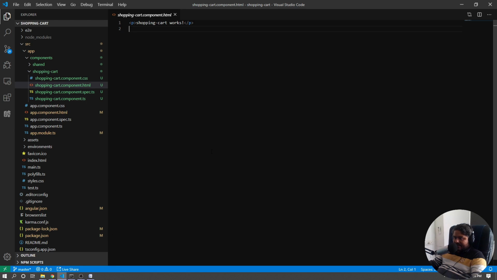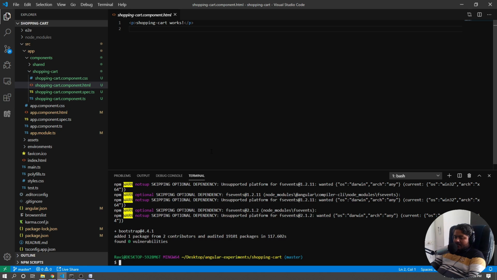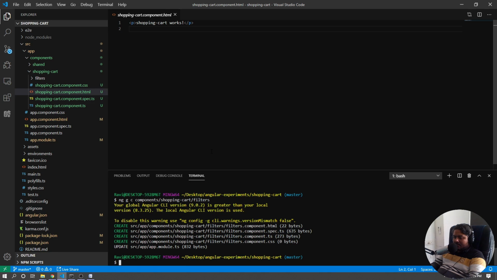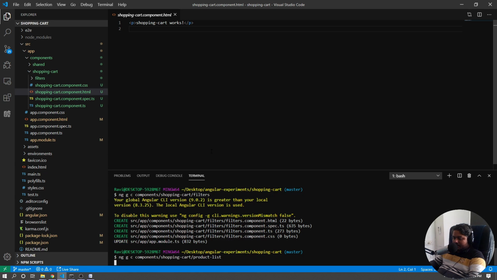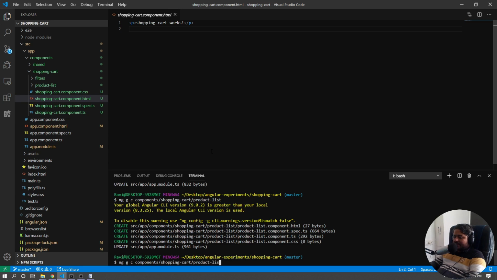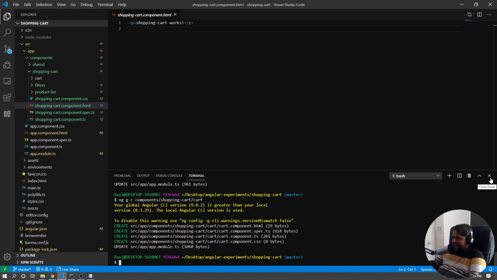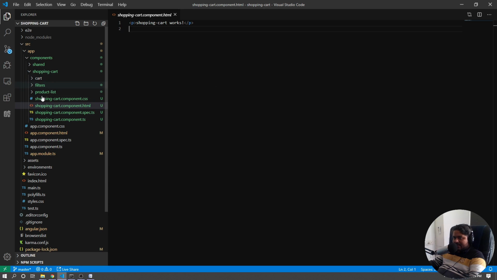So what we would do is create, ng, actually, I do have an ng component shopping cart. You can just have ng g c components/shopping-cart/filters. And we'd also have product list, and we'd like to have a cart component. So once these three components are created, we would like to go for calling these three components inside our shopping